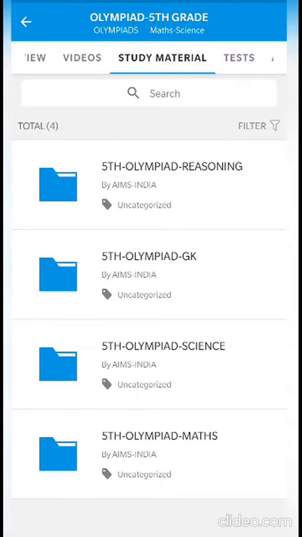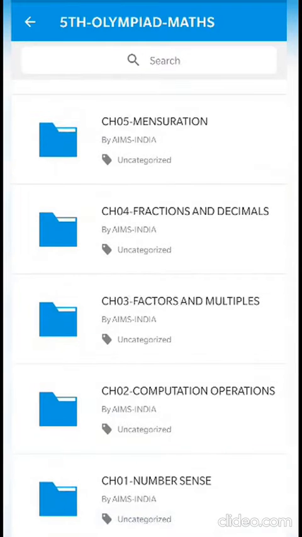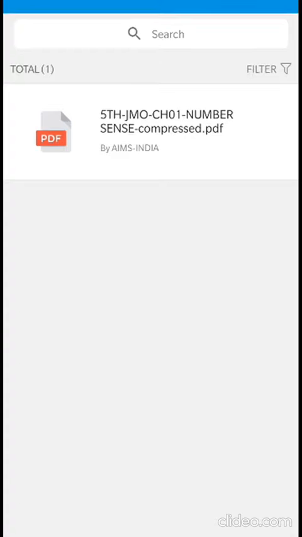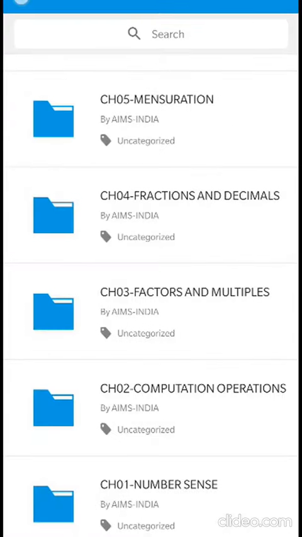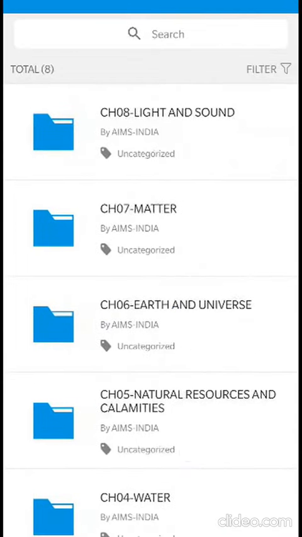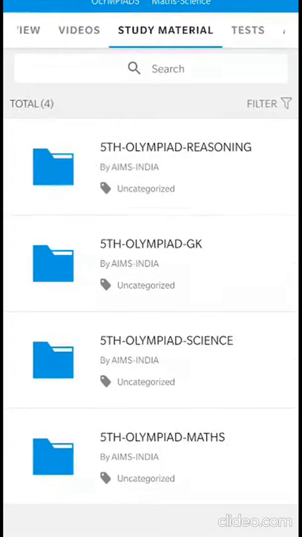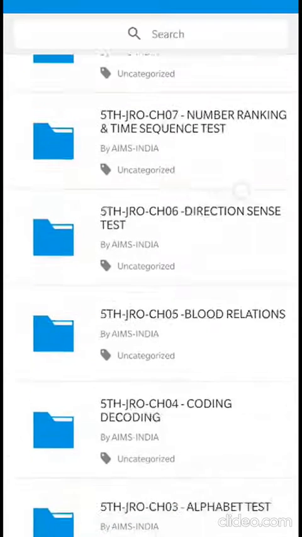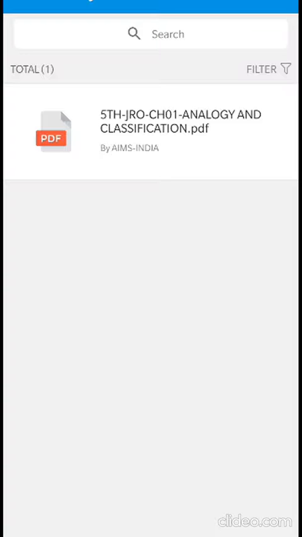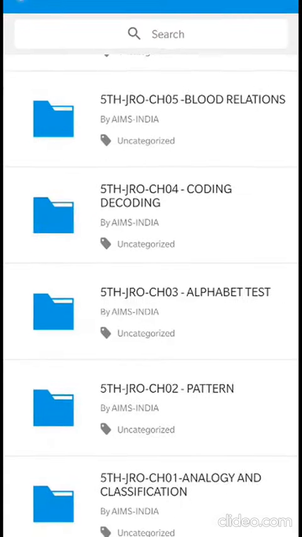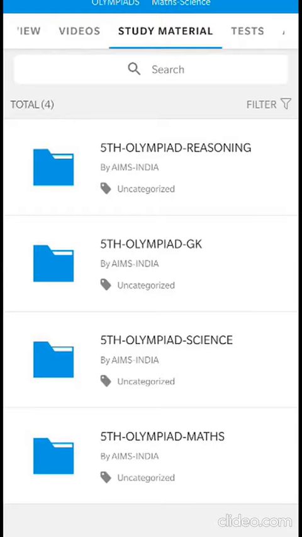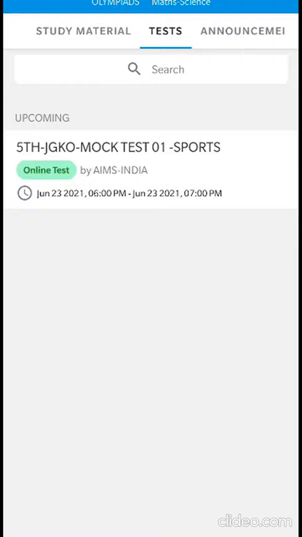After coming back, if you observe beside videos at the top, there is a study material column. There, for each chapter, study material you can find. If you click on each subject and chapter, you can read those in the mobile itself. It won't be opened here. It will be opened in the mobile. You can see and read that PDF file. So each subject's study materials you can find here. Even reasoning is also there.